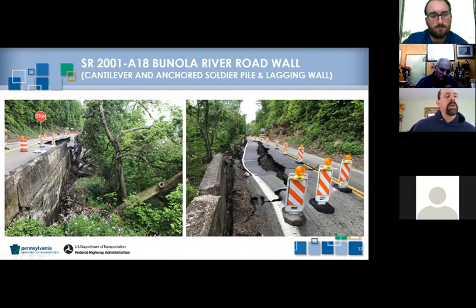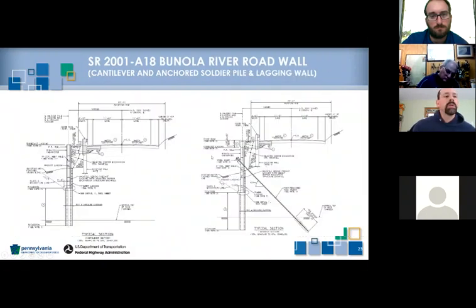So this wall has gotten undermined. The wall basically just fell over because it didn't have any lateral support. So our solution here was to install soldier beam and lagging. This is, I don't want to say a last resort, but this is not one of our first choices just because it is a structure and it is expensive to install. We didn't really have too many options here, and we needed a solid solution. There was a railroad below, so we couldn't really regrade this down to the river or anything like that. So this is kind of what we came up with.